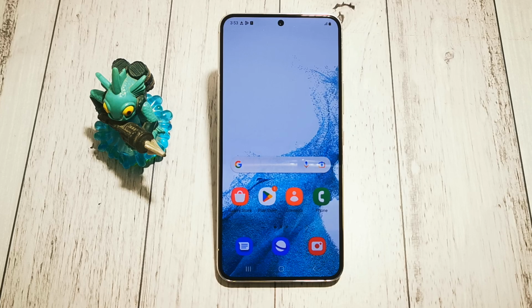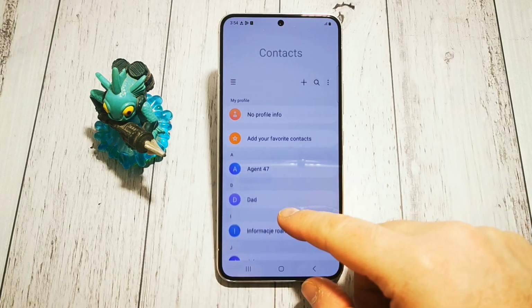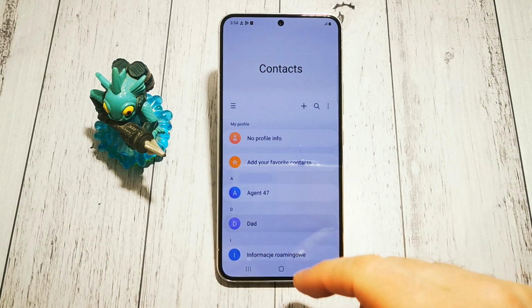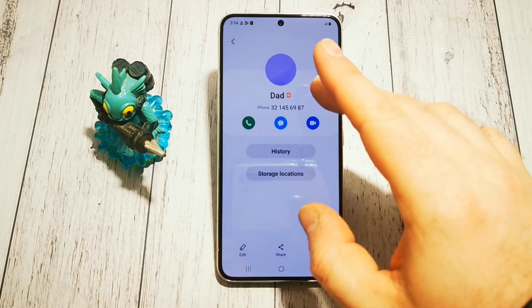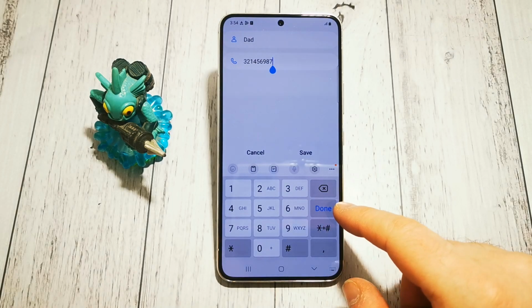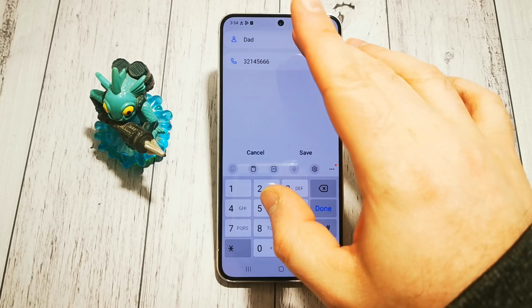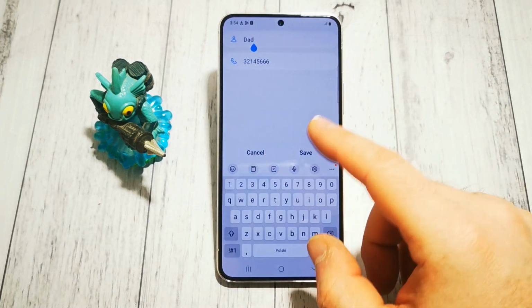Today I will show you how to edit information of an existing contact in our phone book in Samsung Galaxy S22. How to change phone or name in our existing contacts. So, contact, and let's say we want to change our dad's phone number, so we want to change it, to edit, and here we have options. Here we can change our contacts, or add